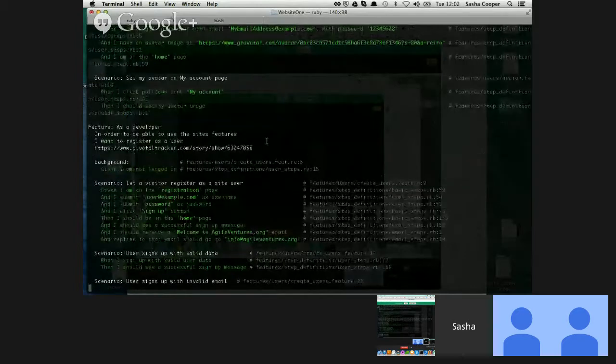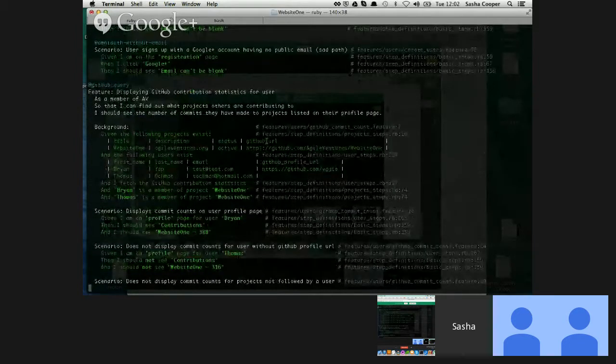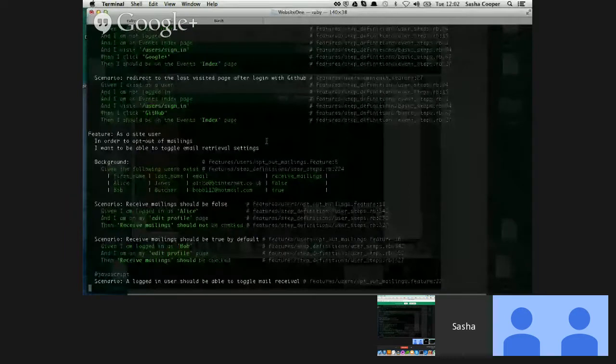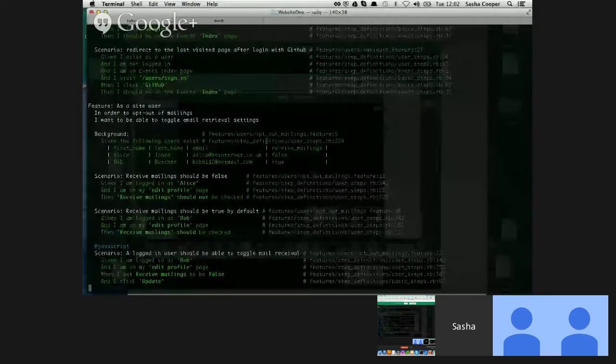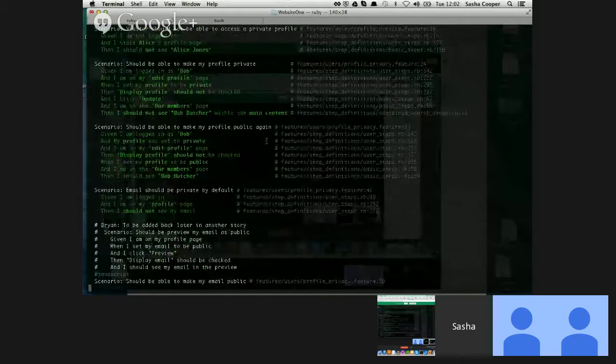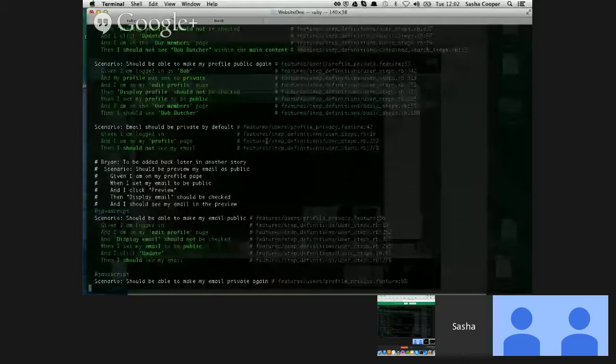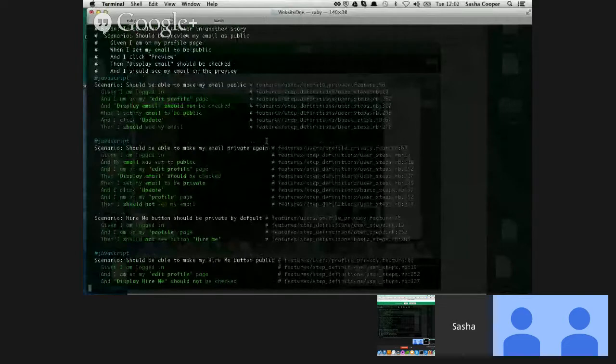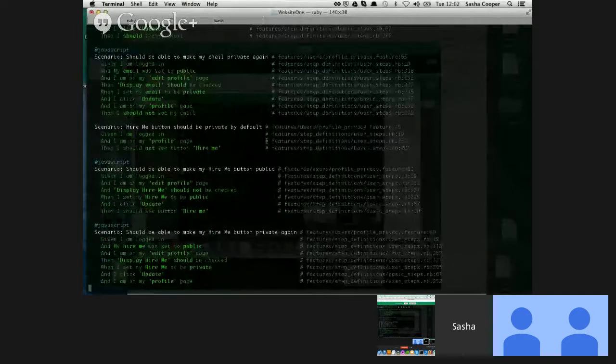But I saw some red. There's some stuff. Let's have a look at that later. You see, I think there are 200 features with, I don't know, over I don't know how many steps. So it's quite a big